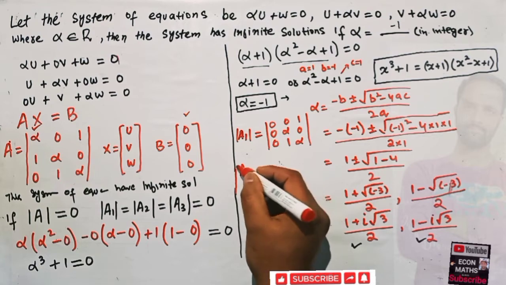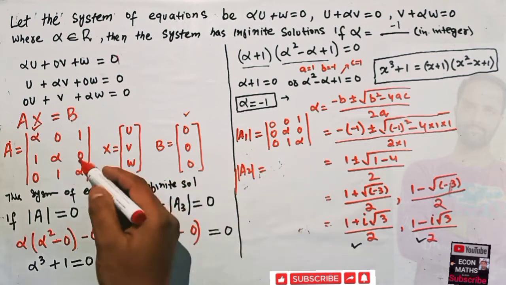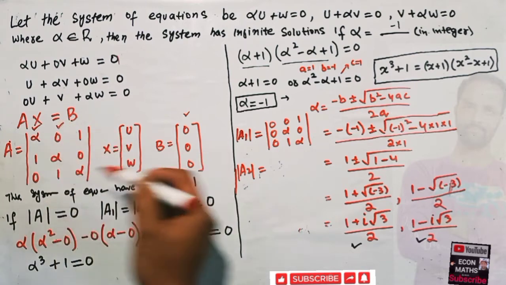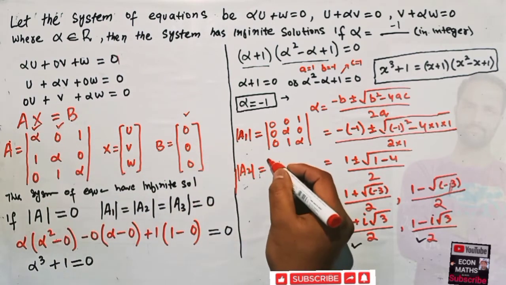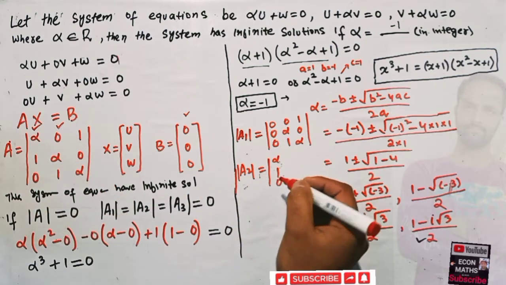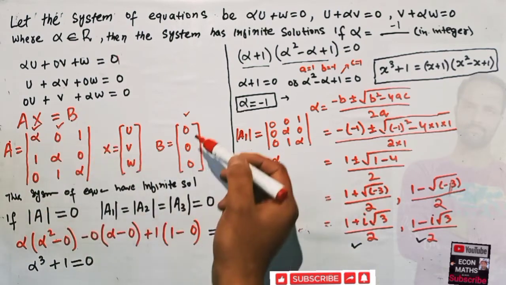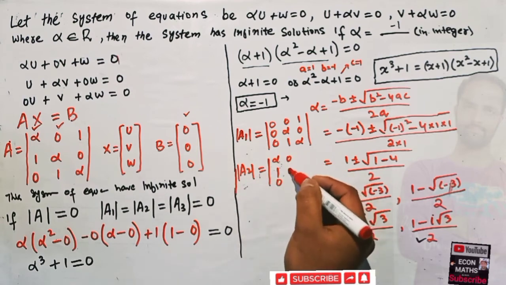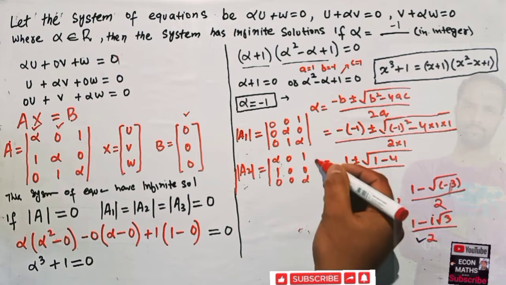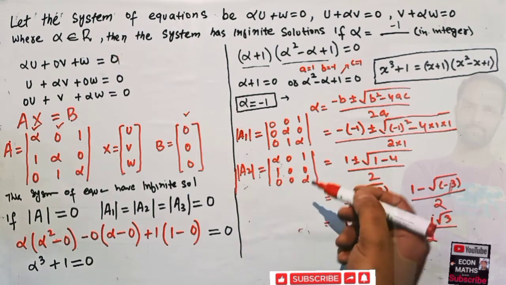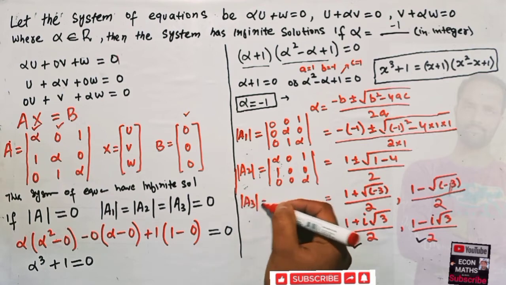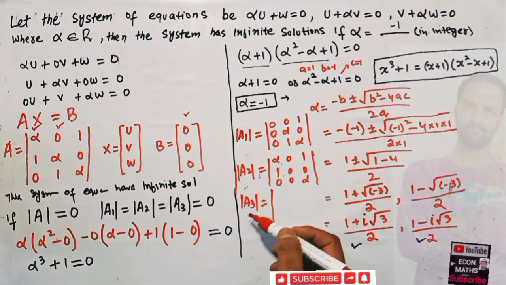Similarly, A2 is our another special matrix, which is formed by replacing the second column of this coefficient matrix with the vector of constant terms. So we have alpha 1 0, alpha 1 0. In place of 0 alpha 1 we have 0 0 0, and this stuff remains the same, 1 0 alpha. Okay, similarly its determinant will also be equal to 0, and our A3 is equal to,